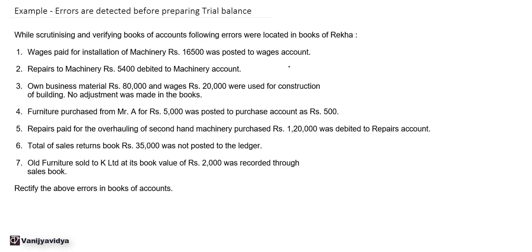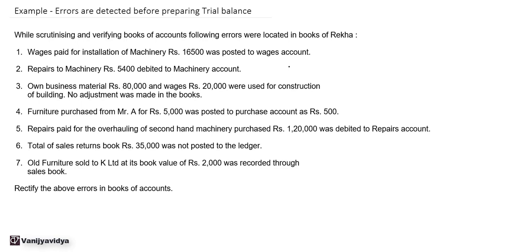Wherever we can record a proper journal entry affecting two ledger accounts, we will pass a journal entry and then post it in the respective ledger account. In the cases wherein we cannot pass a complete journal entry, we will post the partial entry on either debit or credit side of a particular ledger account. Now let's see all these transactions one by one. First,